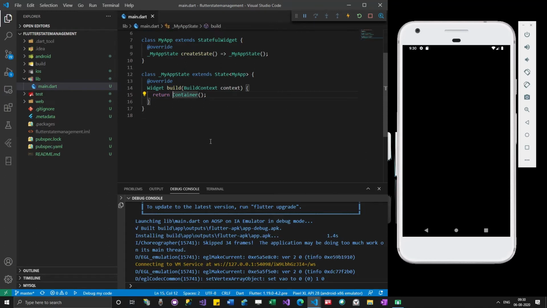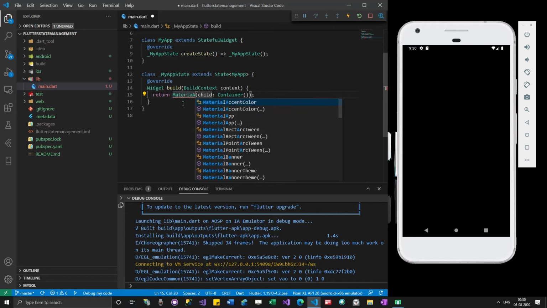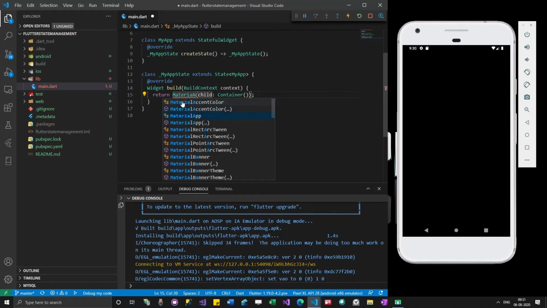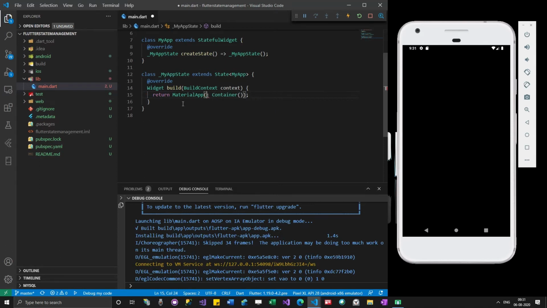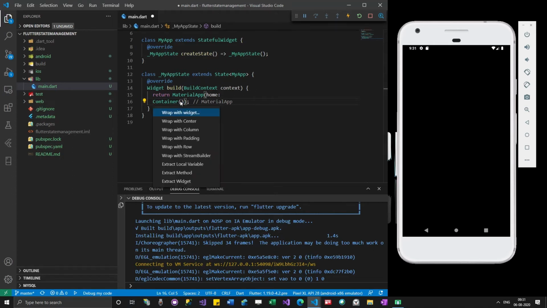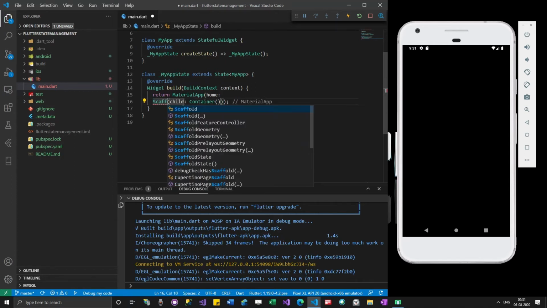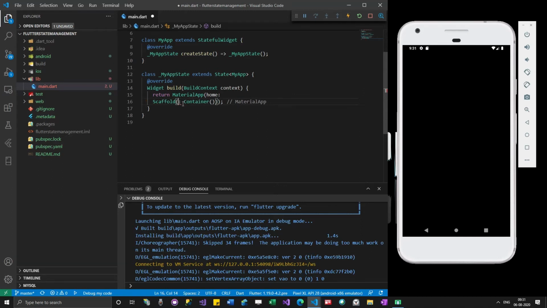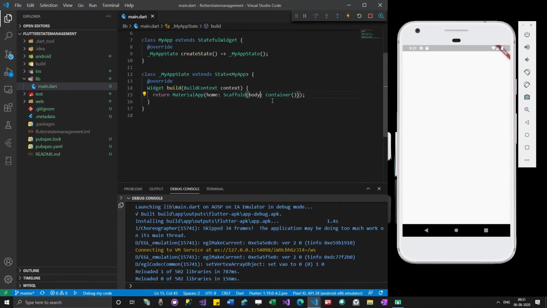Okay, it is loaded. So I'm going to add MaterialApp over here. Now it changes slightly.